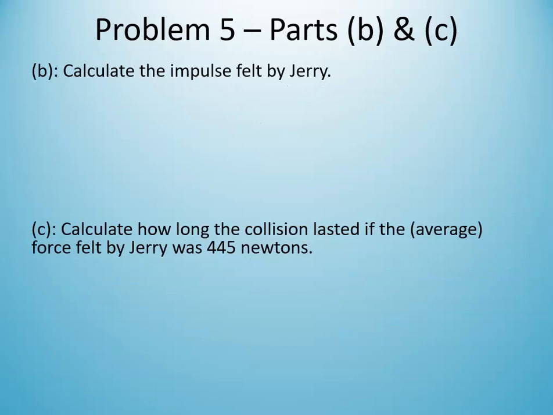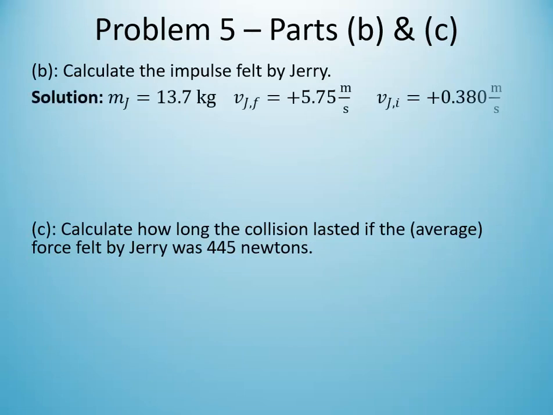Now, in terms of the impulse and the time of the collision, for the impulse, we have the fact that impulse is the same thing as change in momentum. I have a little typo. This should say P sub Ji, not J sub Ji. So impulse on Jerry is equal to the change in momentum of Jerry, which is Jerry's final momentum minus Jerry's initial momentum. Again, this should say P sub Ji,